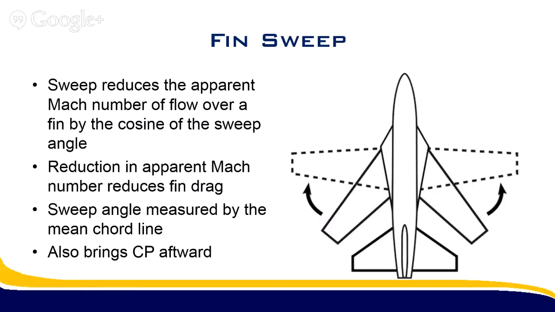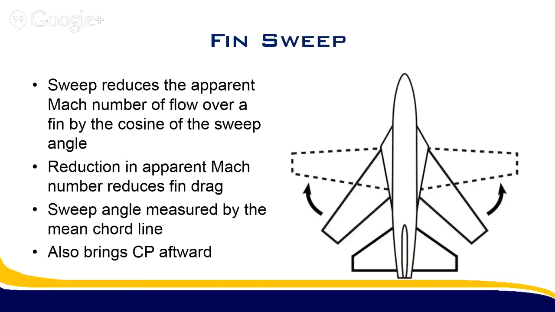And since you're traveling at the same velocity, even though that velocity may not correspond to the free stream Mach number, you'll actually decrease the overall drag, which is a pretty good thing, since you're decreasing the forces on the rocket. And it decreases it by a factor of the cosine of the sweep angle. And that sweep angle is